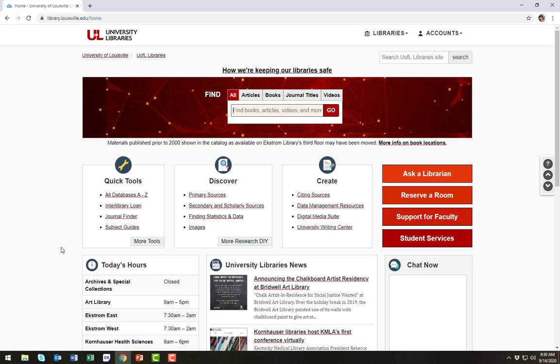Academic publishers such as Elsevier and Wiley do not give their journals away for free, so libraries must pay millions of dollars each year to subscribe to this high-quality academic content. Your tuition dollars contribute to paying for our library databases, and there's a reason we spend all that money. It's because our faculty and students need access to the best information available when conducting research.